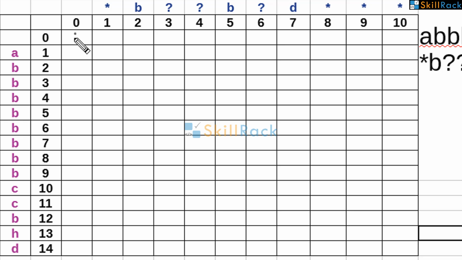First 0 0 will be true, which is 1. Now the first character is asterisk in the pattern text. So if it is asterisk, you have to make this 0 1 to true because it can match any forthcoming, that is characters that are coming after that also. So we'll make it 1. So the remaining values in the 0th row will be 0. So 0 0. Similarly, in the first column, that is the 0th column, also you make it 0.